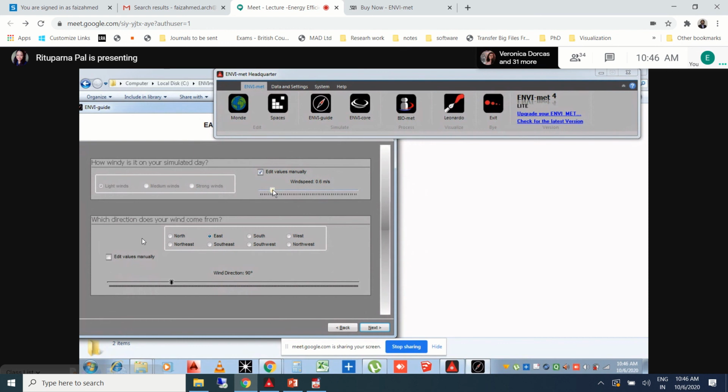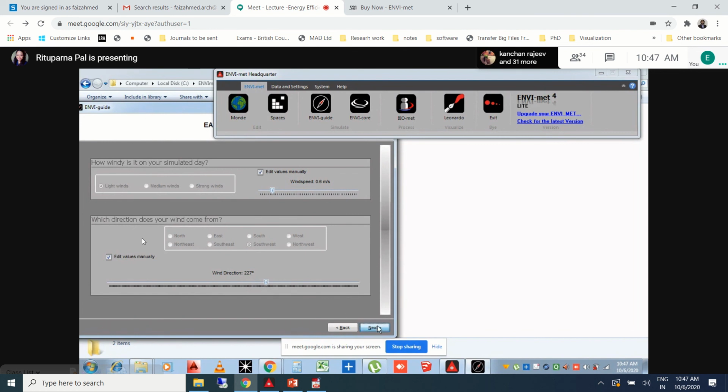And then the direction from which your wind comes. Maybe the prevailing wind conditions are from the northeast and southwest, so we are selecting southwest here. If you know exactly the degree of your wind direction, you can edit your values manually and change them.